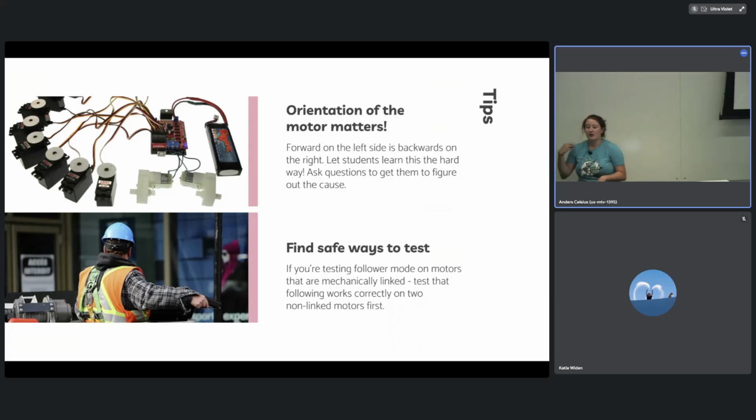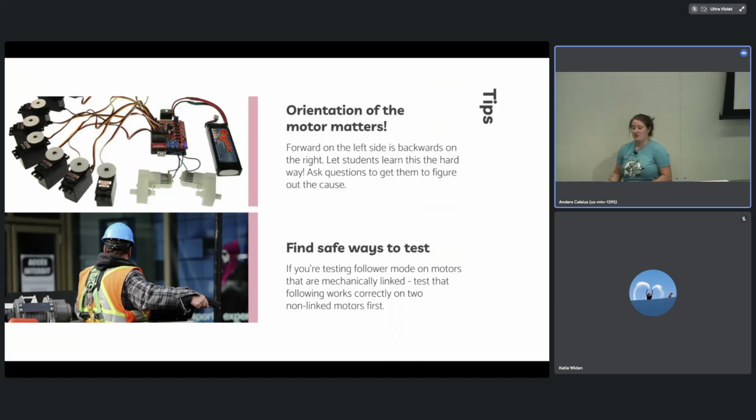And then we can talk about different ways to fix it. We can talk about how you could use negatives to reverse it, or we talk about how motor speed controllers have settings in them that we can set. And then we're also learning about safe ways to test here. So we never test our robot code for the first time on the floor. We always have it on blocks. We also talk about how when we have motors that are mechanically linked, it's really important we get our follower and reversing all correct.